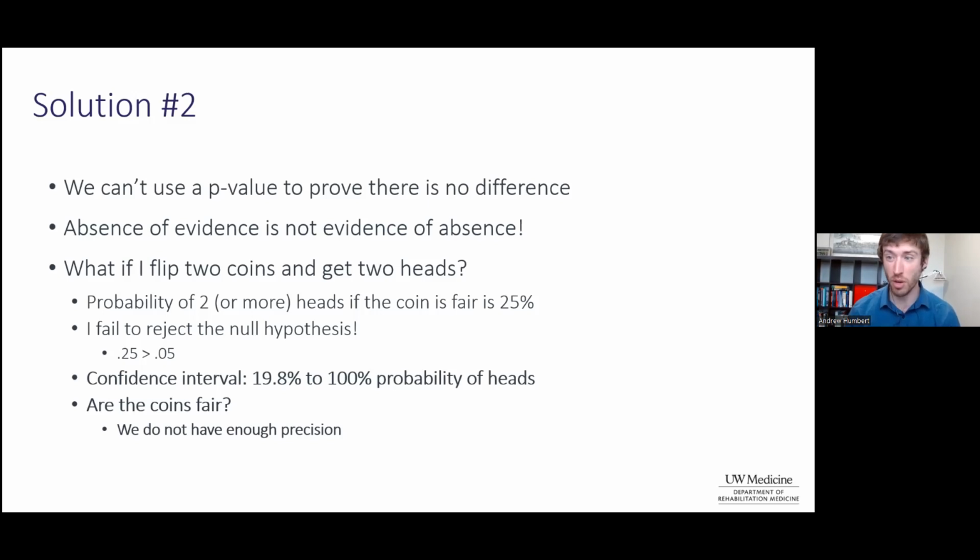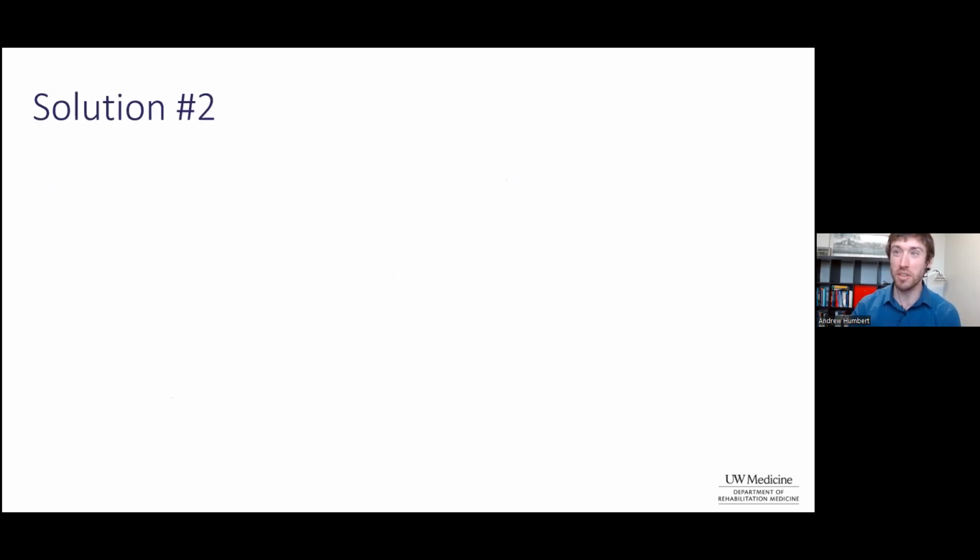So this is the case where I'd say, well, we really can't make any conclusion on whether this coin is fair or not, but this is because we don't have sufficient data. We don't have enough precision. This interval is way too wide. We're not able to make any sort of intelligent conclusion from that. So the conclusion is still the same as the p-value in this case, but in the second example